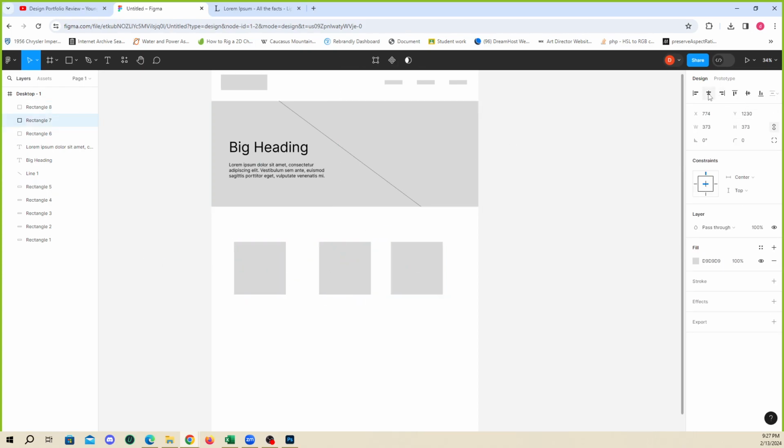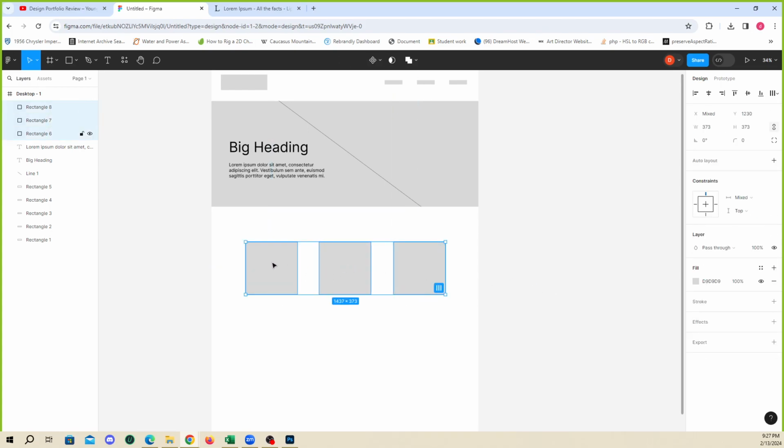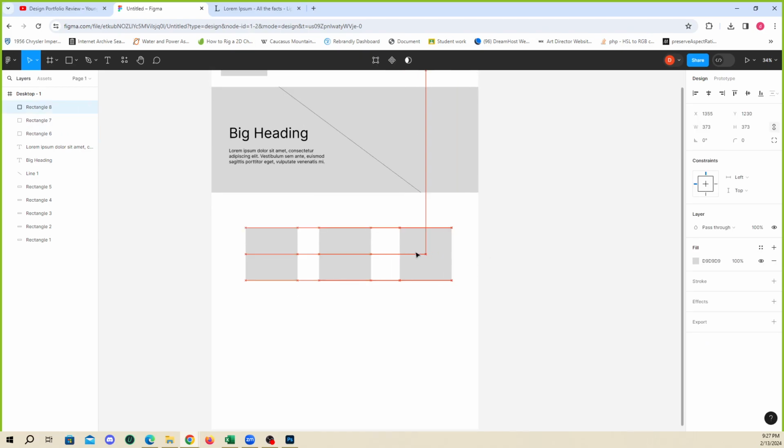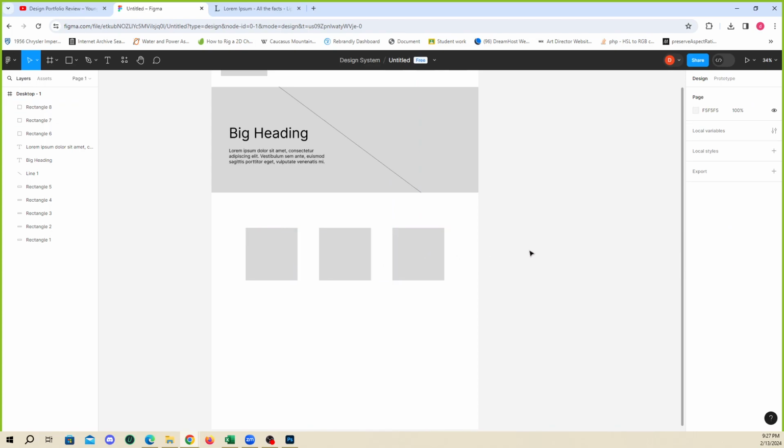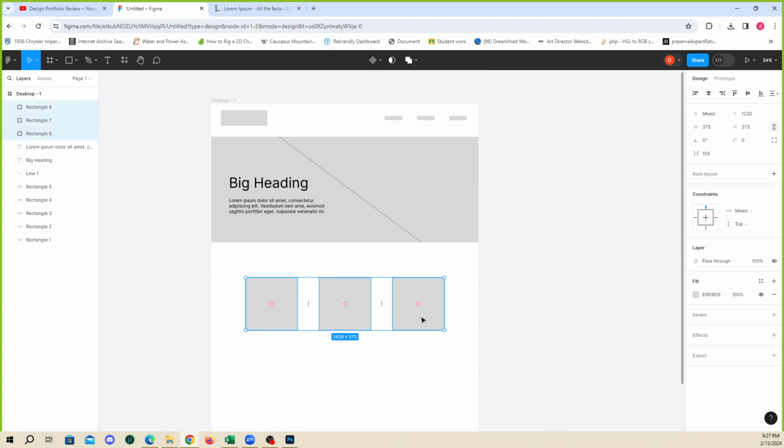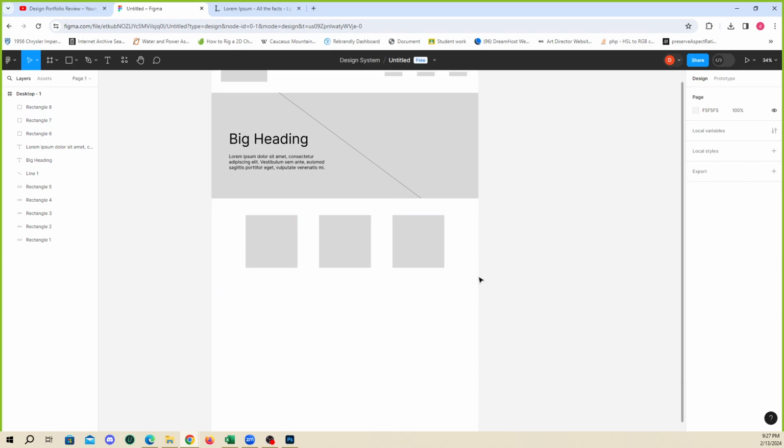Let's center this to the page and center these or line them up nicely. You could use the distribute if you don't think it's distributed perfectly, but these smart guides will help you. It shows how far apart they are, and it snaps to even numbers. Right, so maybe we have some features or testimonials or something,